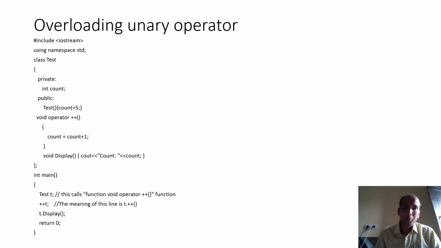And the value of count will be changed when you call t dot display; it will show you 6. Very simple. You can overload any operator. Here I have overloaded a unary operator plus plus and provided a new meaning to the plus plus operator. I am applying it on the object and I just want to do plus 1. While you practice it, I recommend you can do minus, multiplication, division, or whatever you want. And when you write plus plus t, whatever you have done will happen.